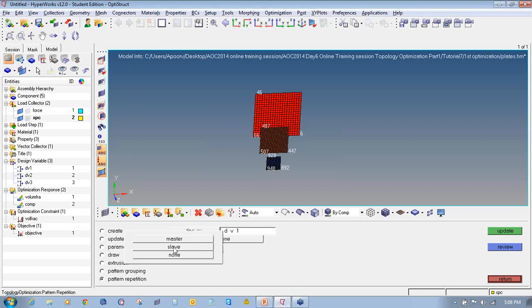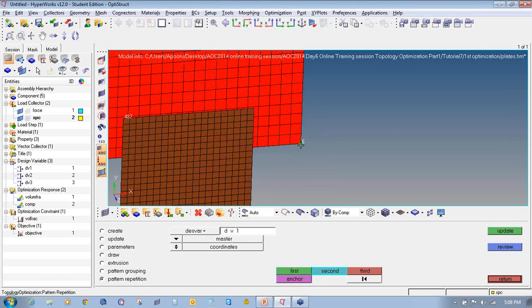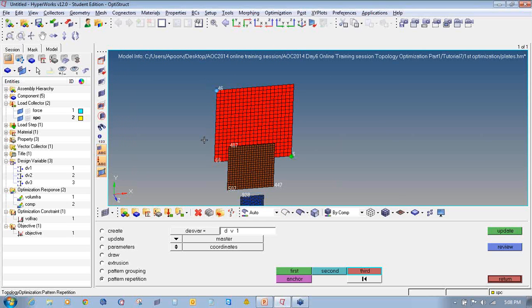Make sure the switch is pointing towards the master. Toggle the systems to coordinate. Click the first button and choose 6, then 46, and